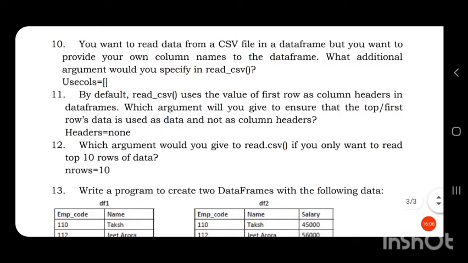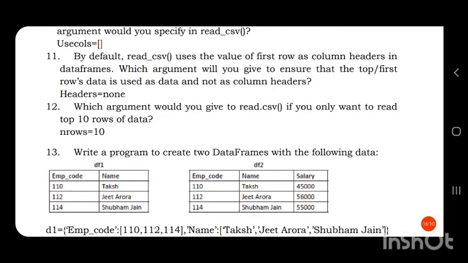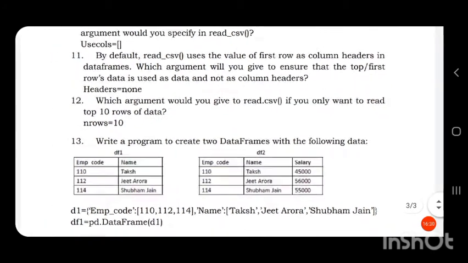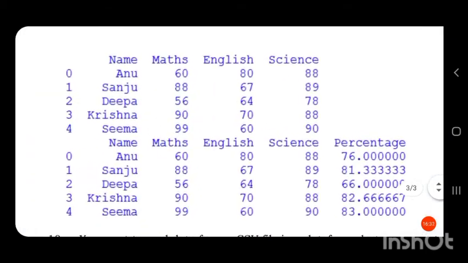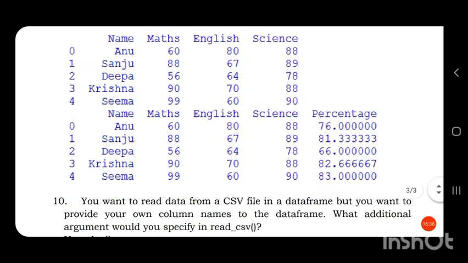Then the next question is, by default, read underscore CSV function uses the value of the first row as column header in data frame. Which argument will you give to ensure that the first row's data is used as data and not as column headers? So we know that in the previous example, name, maths, English, science are the column headers.